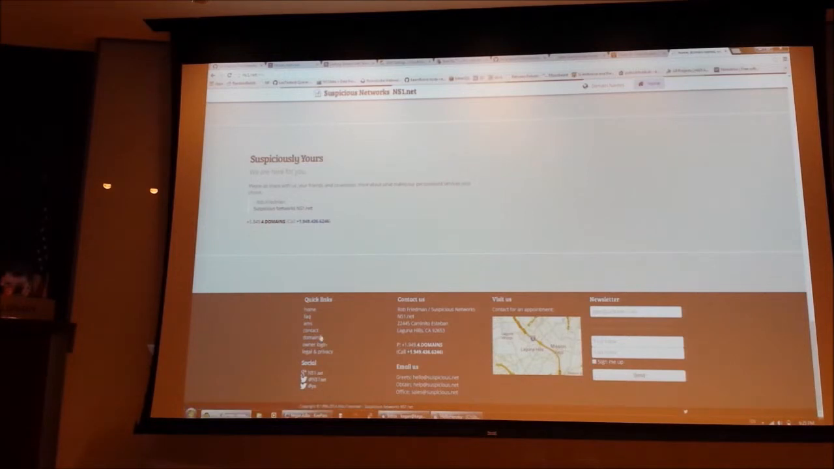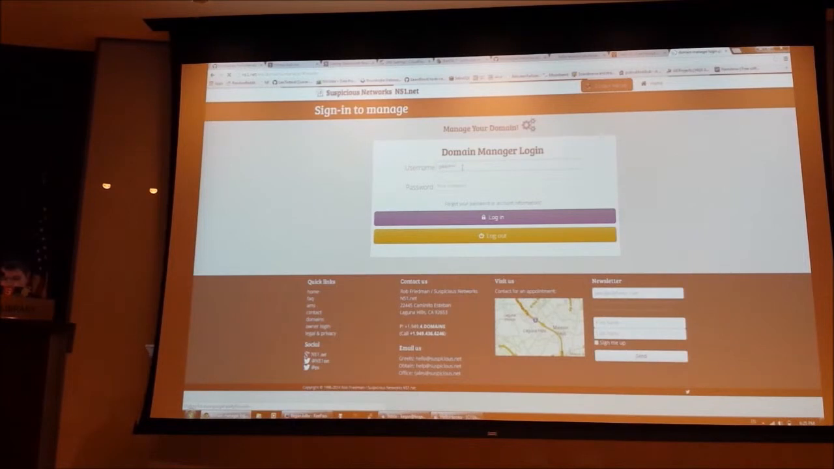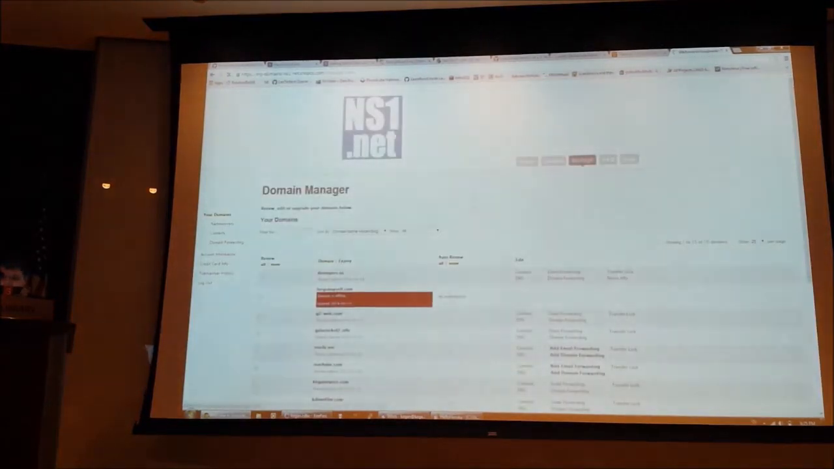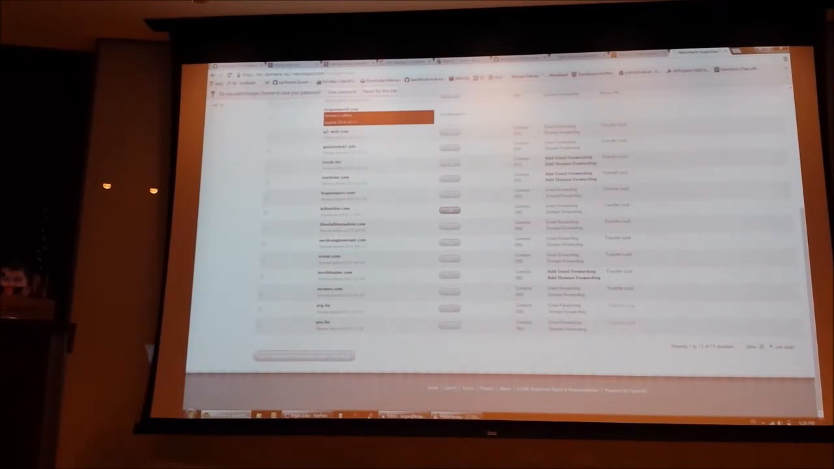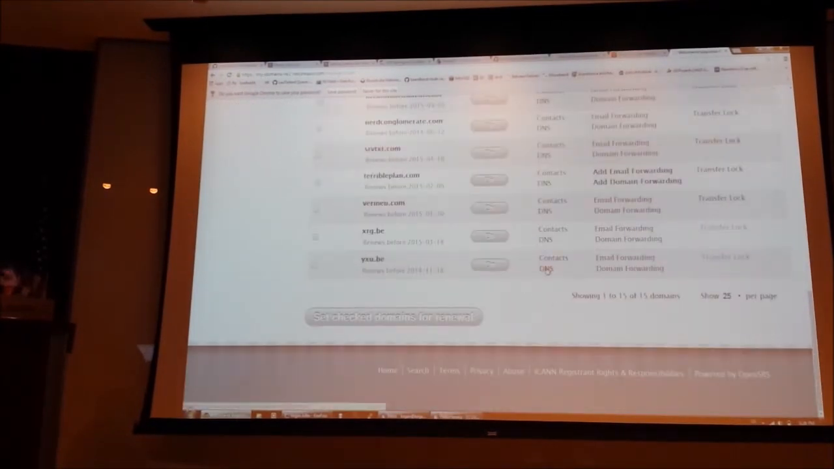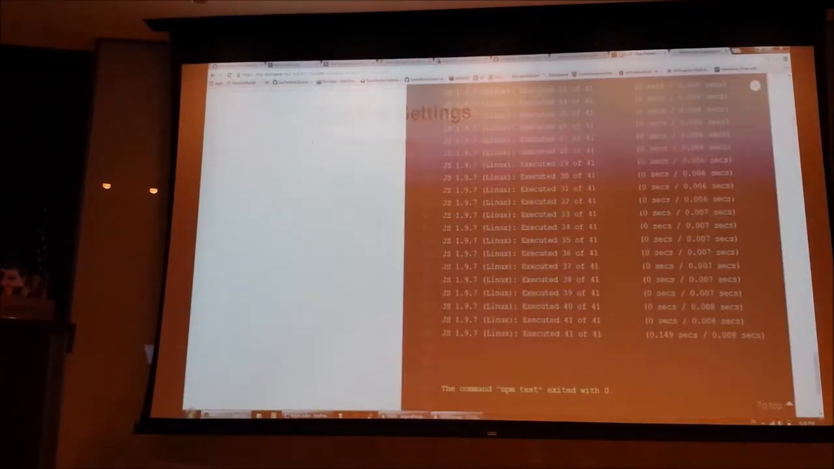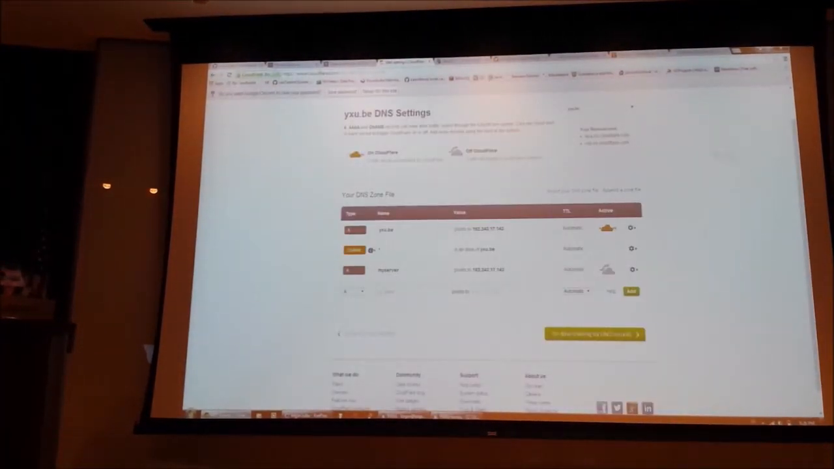So if I go to owner login, they'll have an interface like this, and you can just look at, so I've got my ixu.be, I can edit the DNS here. I go to that DNS, and then up at the very top of your Cloudflare,